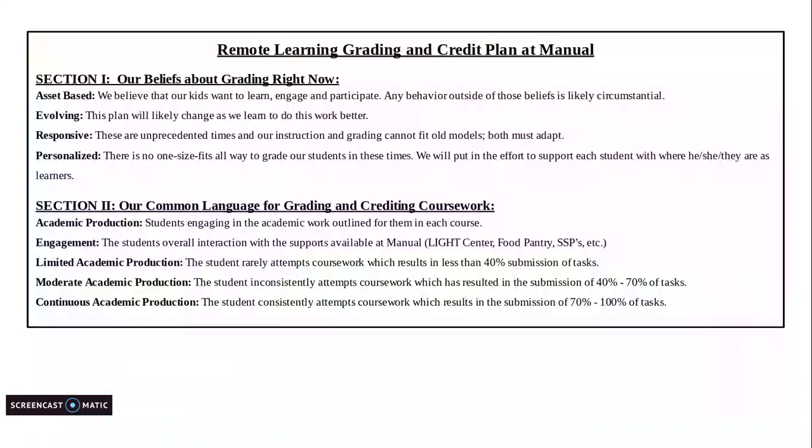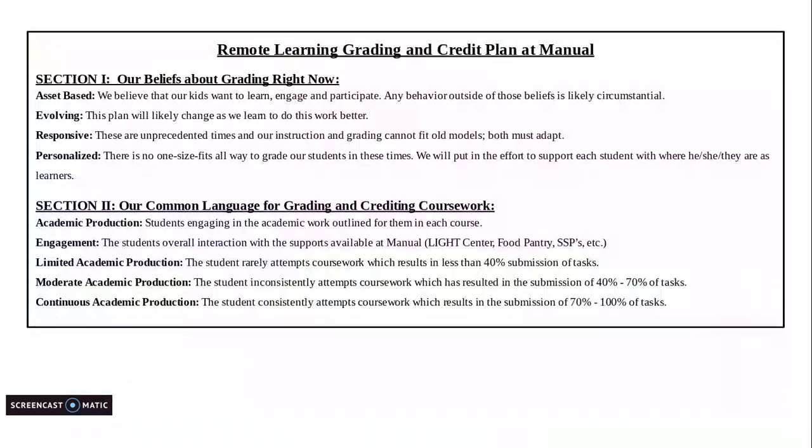For this upcoming week, focus in on these 3 buckets. Which students are showing limited academic production? Students who are showing no coursework, potentially not logging on, or turning in less than 40% of the tasks. At this point, you might have 2 to 3 tasks. These might be students who have submitted one thing, one item, one task over the last couple of weeks.